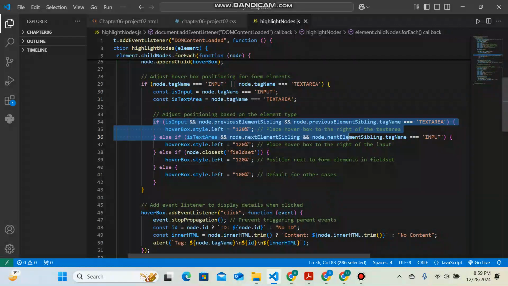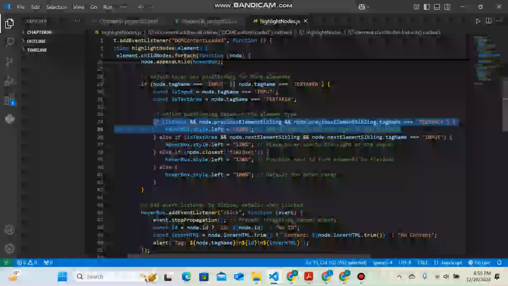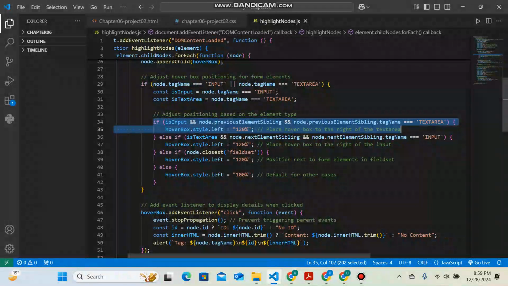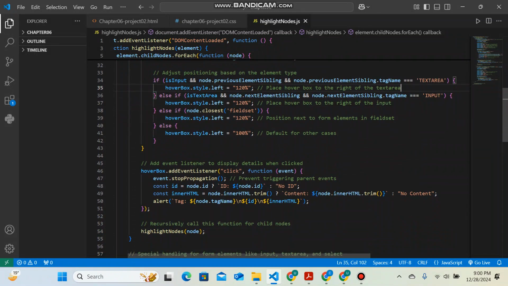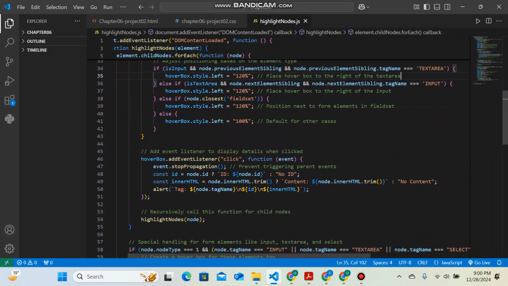If the node is input and node.previousElementSibling.tagName is strictly equal to text area, we should place the hover box to the right of the text area. Else, it should place the hover box to the right of the input. Else it should position next to the form element in the field set, or default for other classes. Then we have added the event listeners as given in instruction number 4,